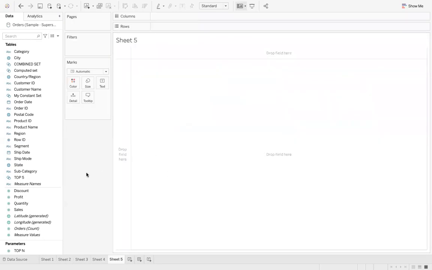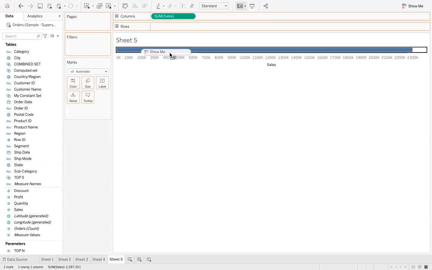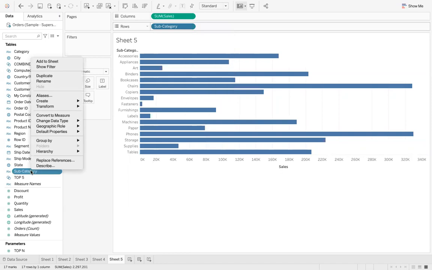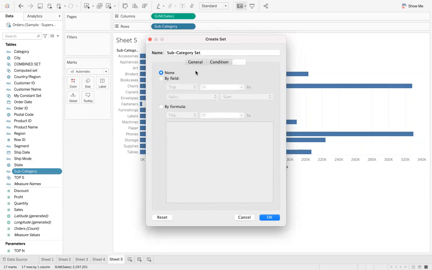So let's go on the parameter with the sets, as we already discussed with the sets. So I will take one example how to make the sets dynamic. So for example, let's take the sales into the column shelf and subcategory into the row. And I want to go on the subcategory, create set. So in the subcategory create set, so go on the top option. Again by field,